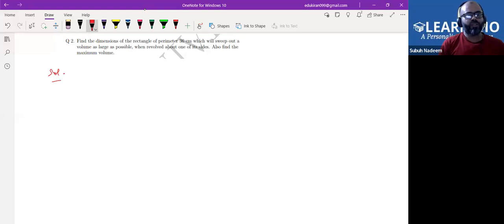Find the dimensions of the rectangle of perimeter 36 centimeter, which will sweep out a volume as large as possible when revolved about one of its sides. Also find the maximum value. So a rectangle is there. Its perimeter is 36. So if we assume that this length is